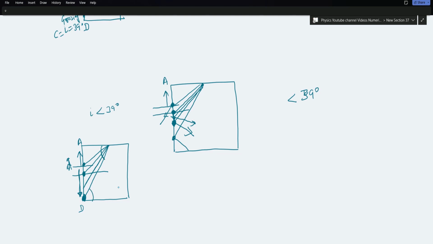So I hope this is making sense to you. So closer to A, the image is possible because then you're moving less than 39 degrees, and if you move beyond this point, which is the 39-degree mark, towards 45 and beyond, all the way down, your angle of incidence is greater than 39 degrees, and therefore total internal reflection will happen, and the image will not be visible towards